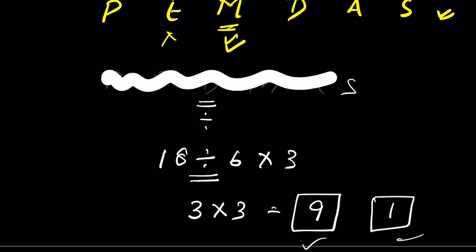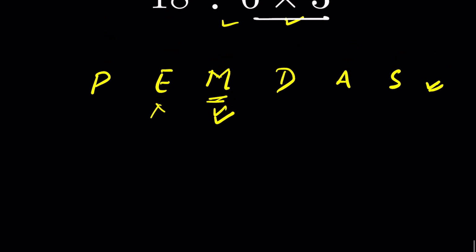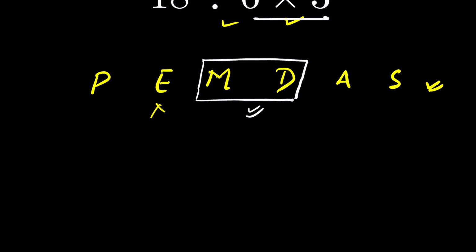And why are there different answers? It's because whether you follow PEMDAS or PEDMAS, one important rule you have to remember is that multiplication and division have equal priority. That means they do not enjoy any precedence over each other. Writing in this order doesn't mean that multiplication has any precedence over division, or in PEDMAS, division has any precedence over multiplication. So to resolve the issue of which operation to do first, we group them together.